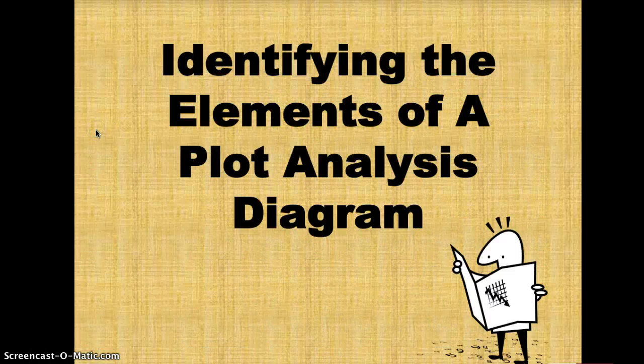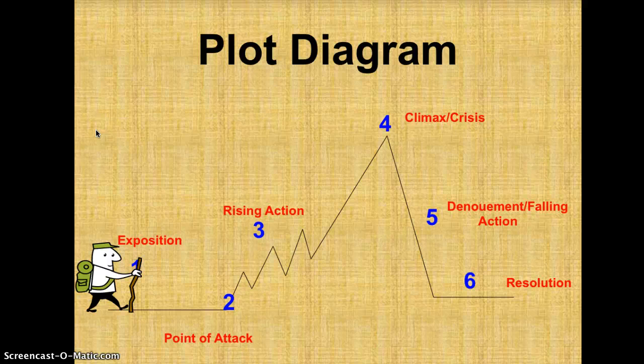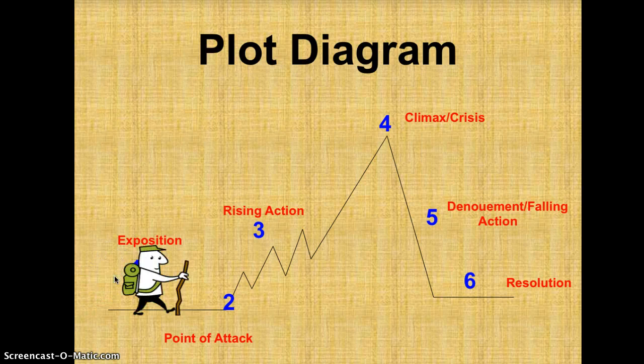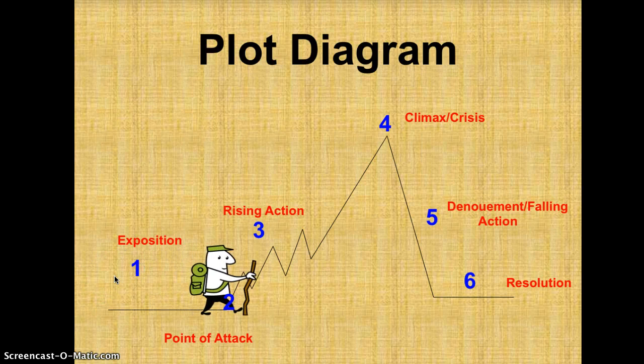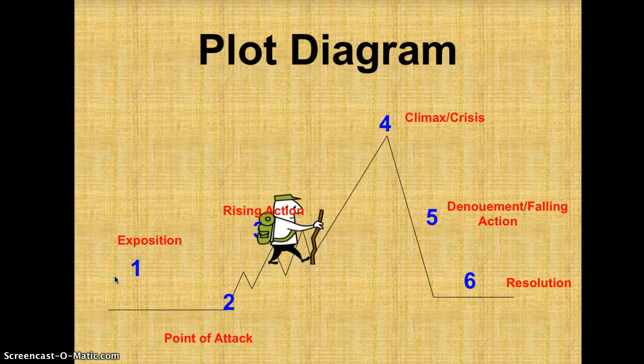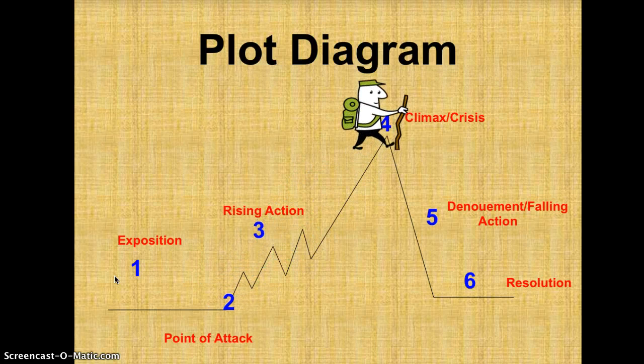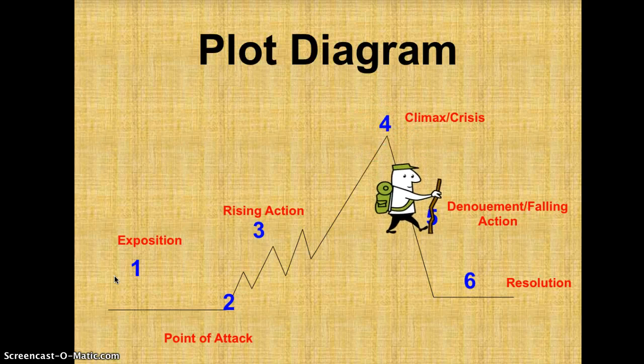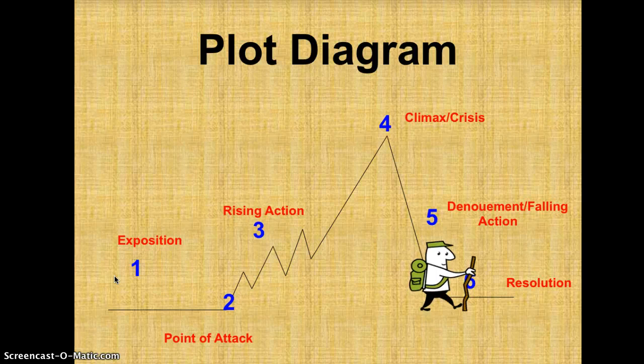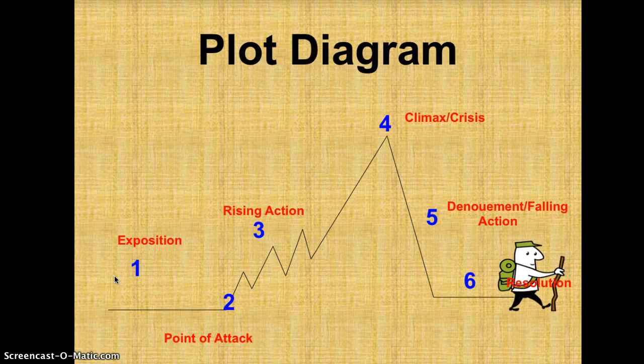Hi, today we're going to identify the elements of a plot analysis diagram by applying them to a very familiar movie, The Wizard of Oz. So first of all, the plot diagram basically has 5 parts. There's the exposition, the point of attack, rising action that goes all the way to a climax or a crisis, followed by falling action or the denouement, and finally the resolution so that the audience goes away from the play